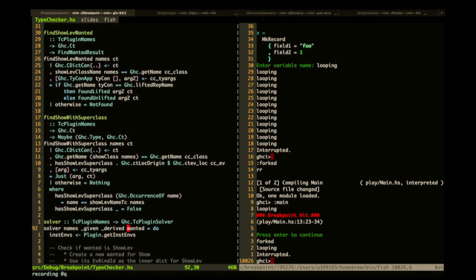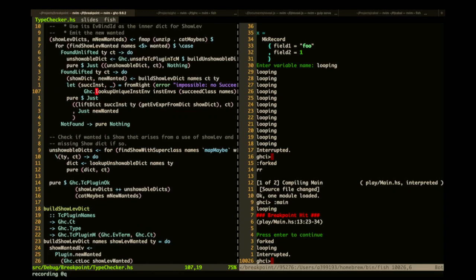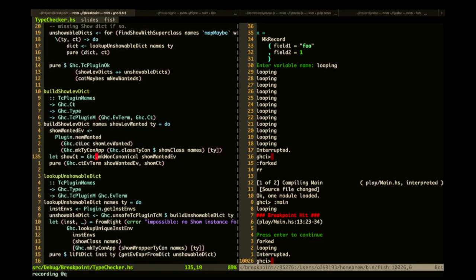And I have a special case for if it's an unlifted type, but in the lifted type case, I'm going to want to have a show dictionary for that type. So in this showLevDict function, I'm making a new wanted constraint for the show class, and then I'm using that dictionary to pass into what I'm trying to build